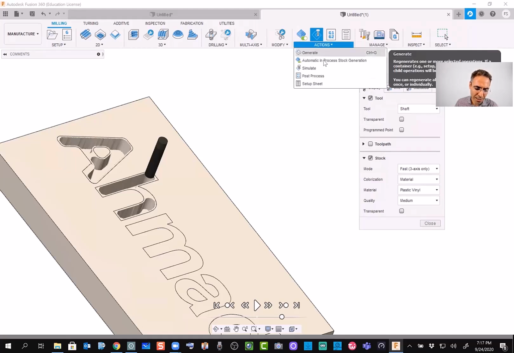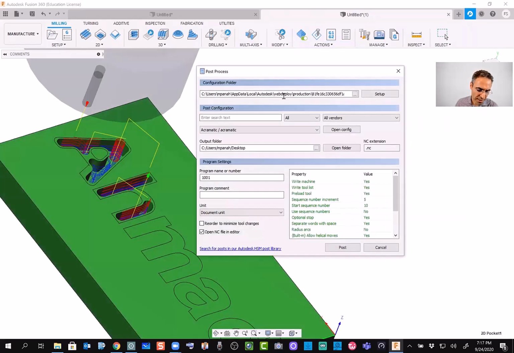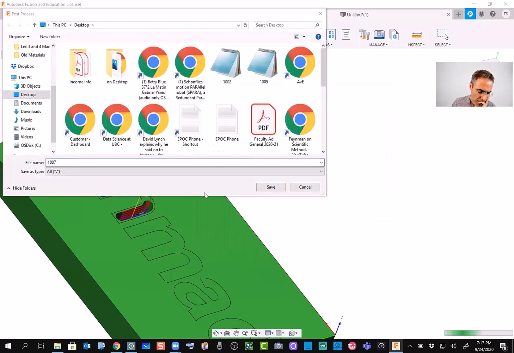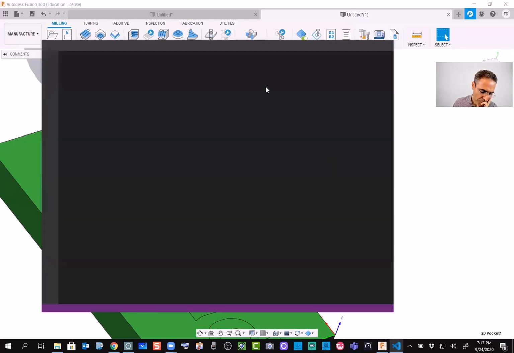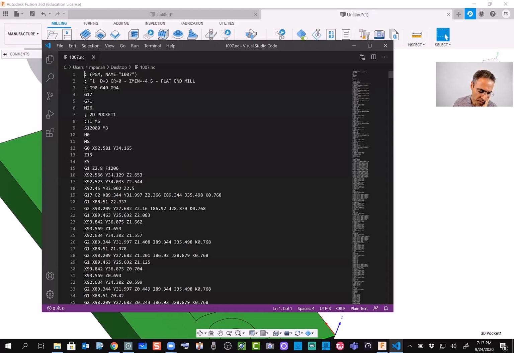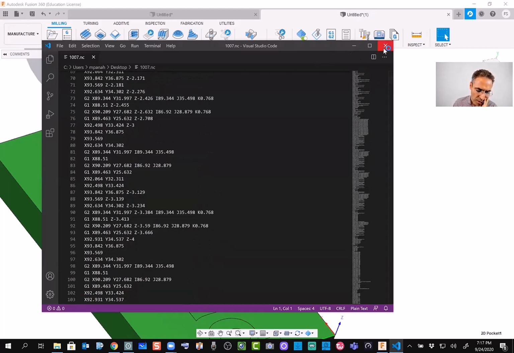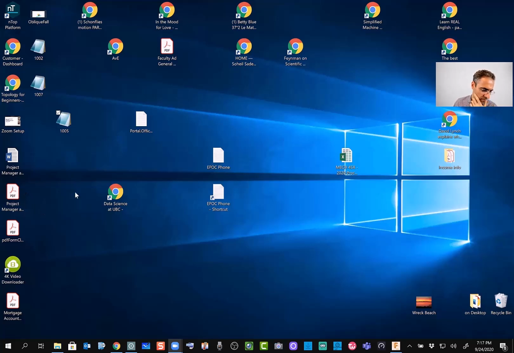You go to action, you post-process, you select a number like 7 and post. On desktop, save. When you see this window pops up, it means you created the G code and your file is there. That's the file. No, 107. And you just submit this one on Canvas for me, but rename it. Now you can rename it